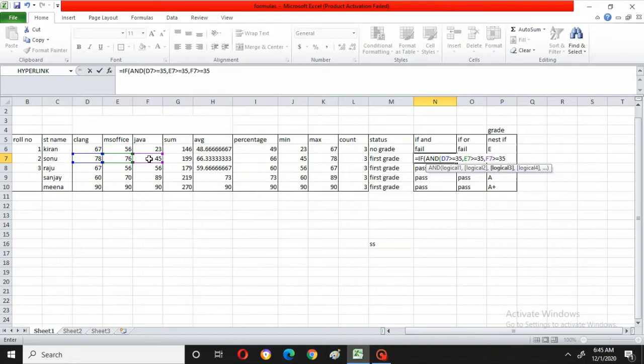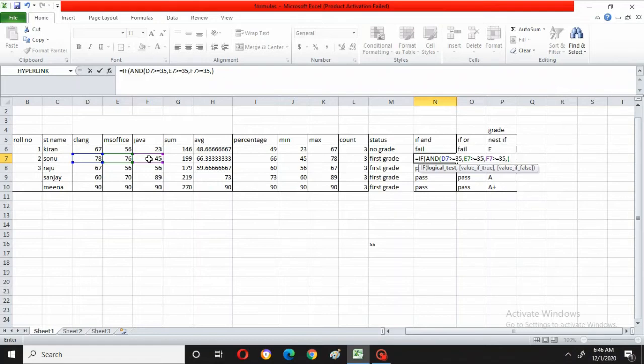That means if all these are equal to 35 or greater than 35, then you can say that it is passed, right? Now close the bracket, right?